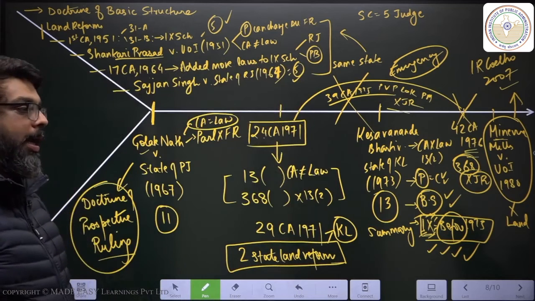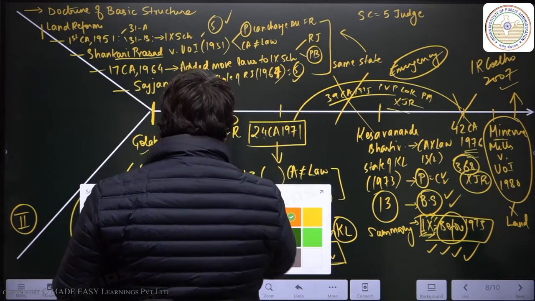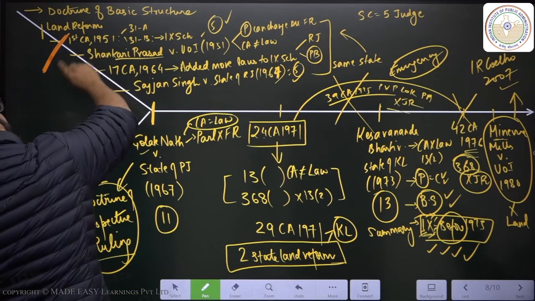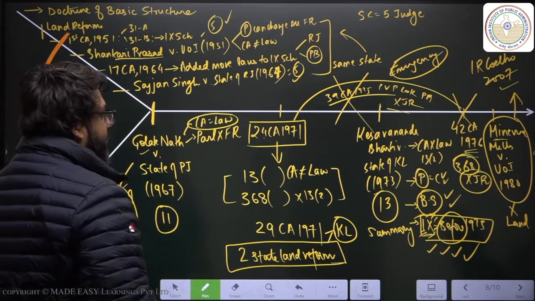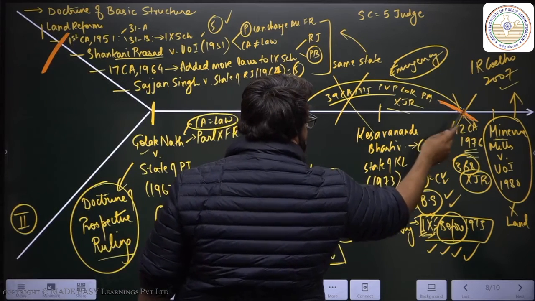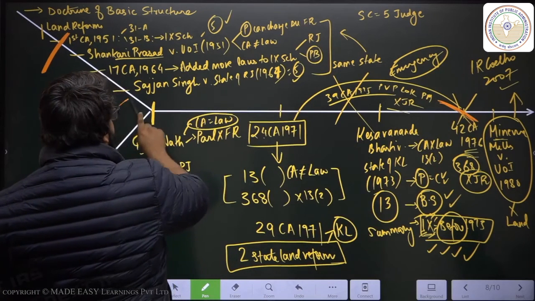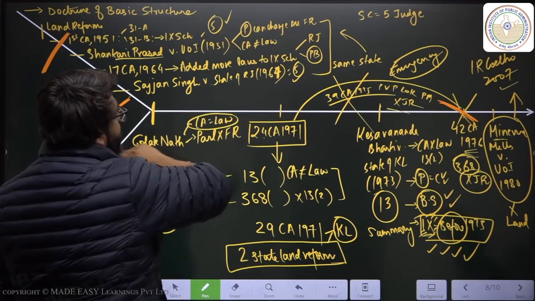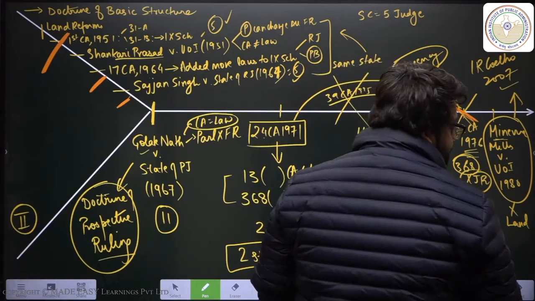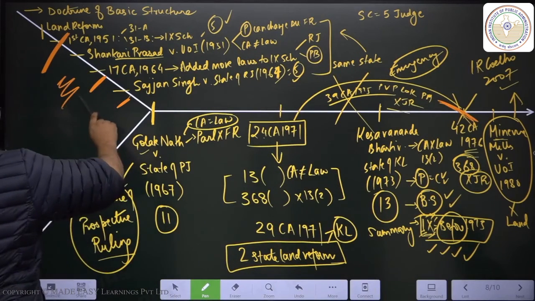Okay? Understood? Now, correlated with a lot of polity that you have studied, you will see a lot of restrictions to fundamental rights imposed here. You will see a lot of sedition issues here, Kedarnath here. You will see a lot of issues to Article 19 and exceptions added here.